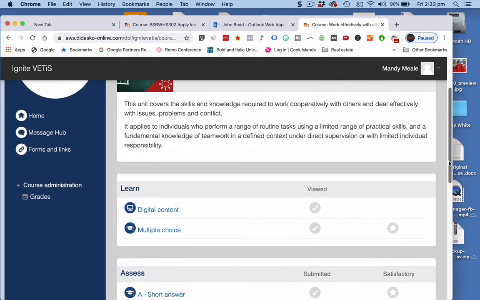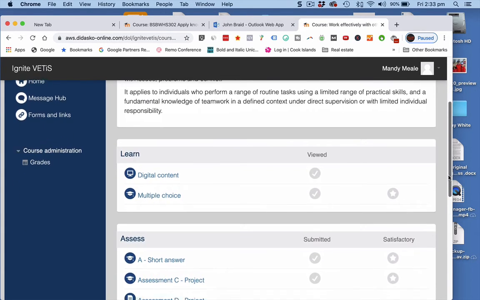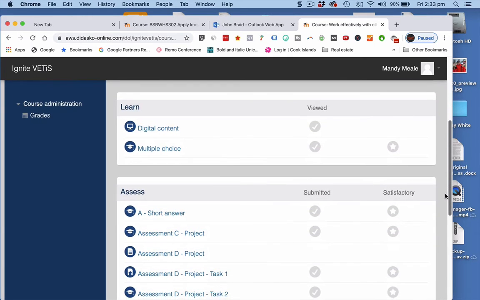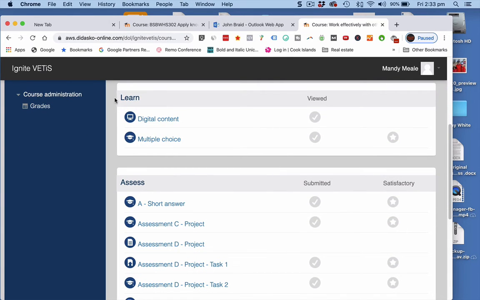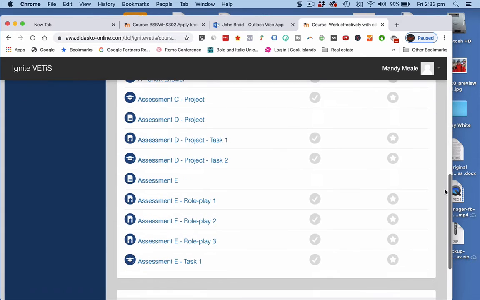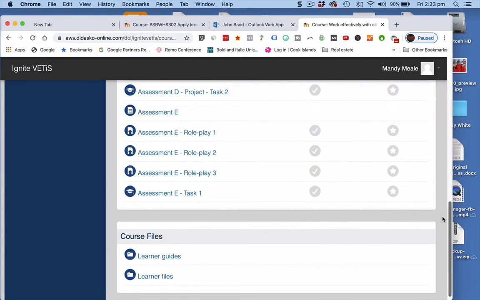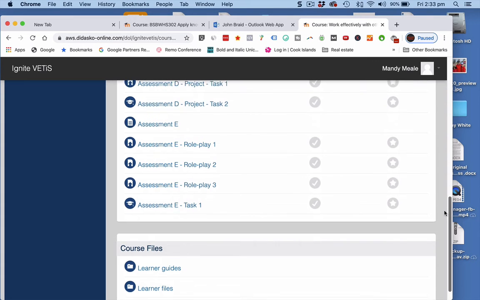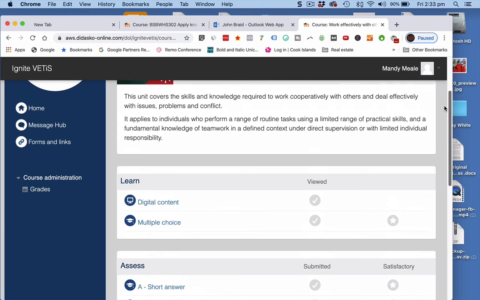And if you scroll down, you'll notice there's digital content. So you can actually click on that and it'll be like a resource or a PowerPoint presentation. Sometimes it doesn't work on certain computers. So I will actually take you through the resource booklet a little bit later, which is the learner guide down below under course files. Okay, so if we just scroll up again,